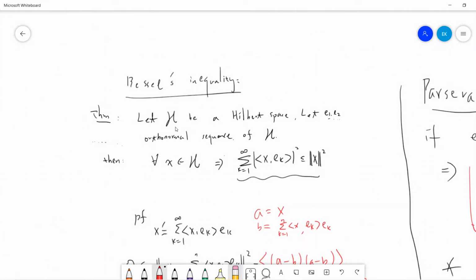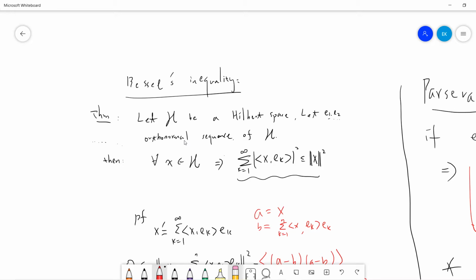Theorem: let H be a Hilbert space, and let e1, e2, up to countable, be an orthonormal sequence in H. Then for any vector x in the Hilbert space, the sum of |x dot ek| squared, k from 1 to infinity, will be less than or equal to the norm of x squared. Basically, this theorem tells you that if you choose an infinite or finite orthonormal basis,